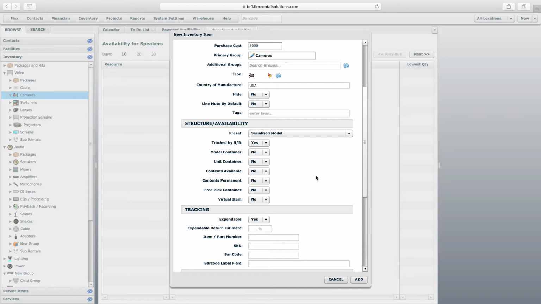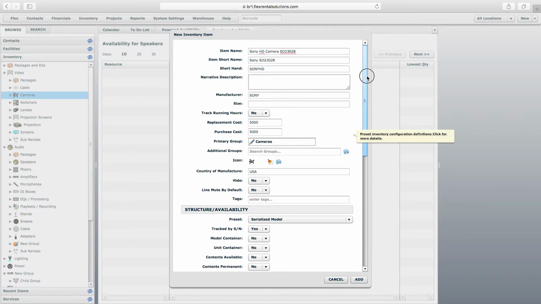That's one of the great features about Flex, is that if you have a case or a container item, you can actually scan other things into it, so that when you're prepping a job, all you have to do is scan the single barcode on the outside of a case, and everything inside of it will automatically scan out with it. So if I were setting up like a Sony camera case, or like a Pelican, or whatever kind of